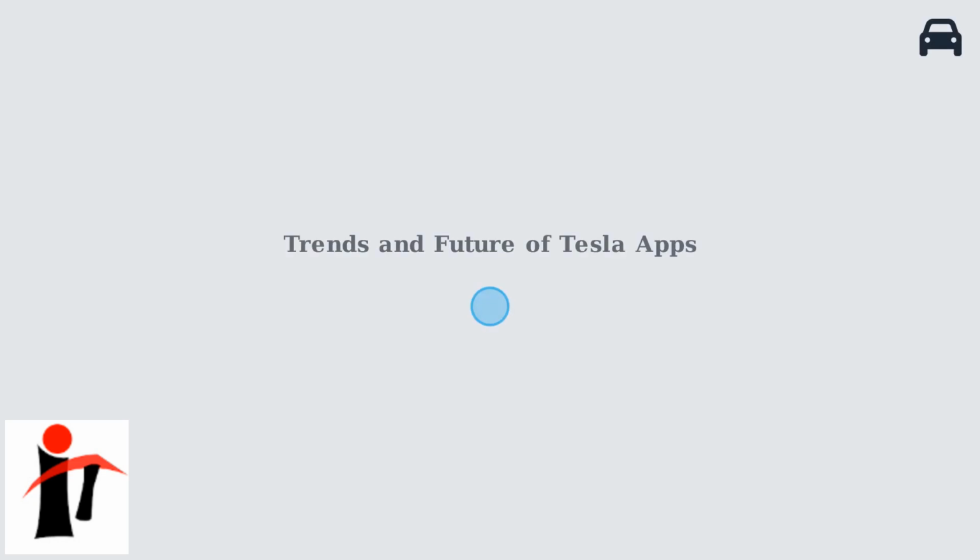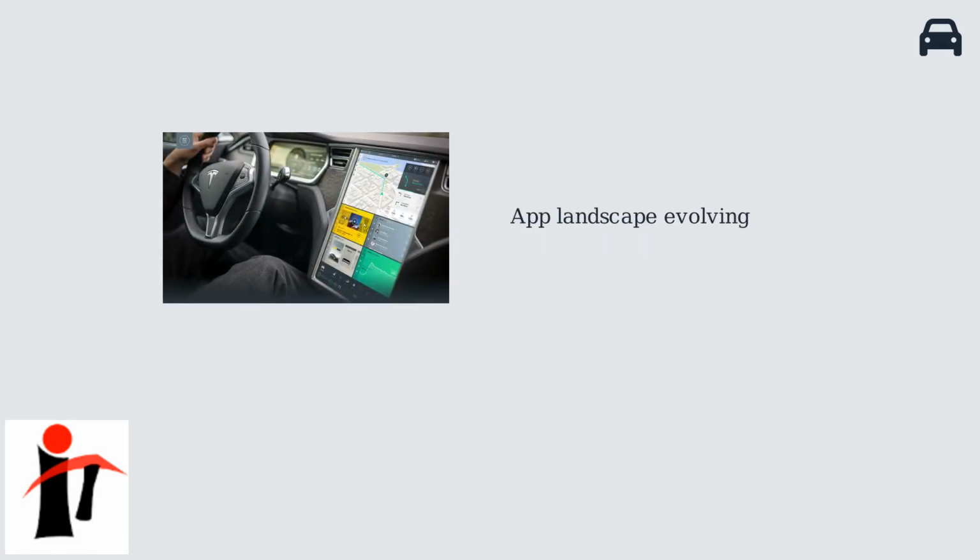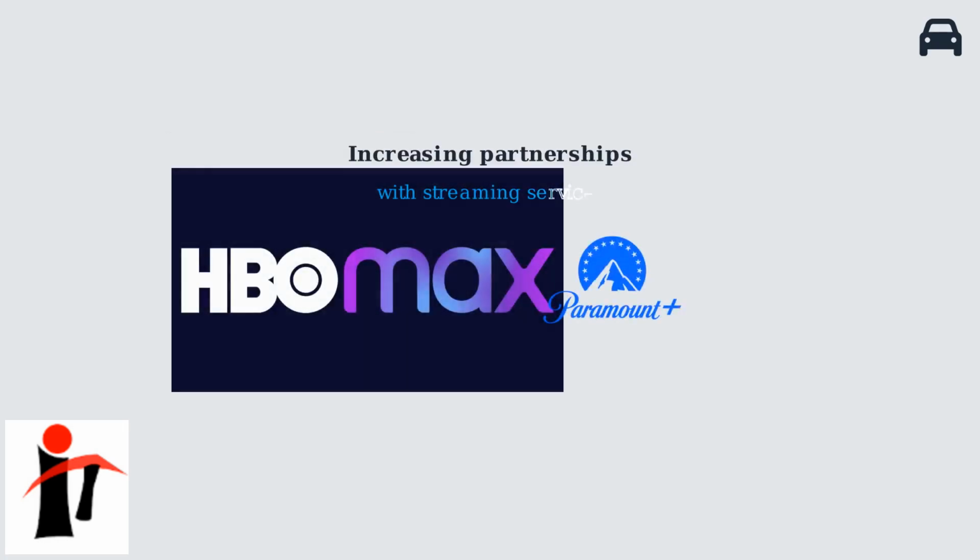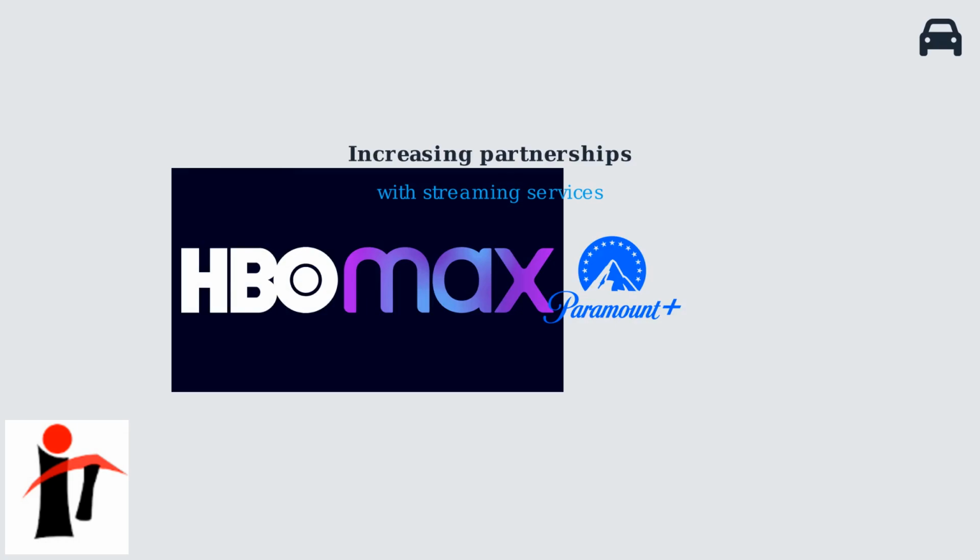The app landscape for Tesla vehicles is evolving rapidly. Tesla is expanding partnerships with major streaming services and integrating advanced technologies to create a richer entertainment experience. The Tesla app ecosystem is becoming more open and integrated, moving beyond basic navigation to comprehensive entertainment options. Tesla is forming partnerships with leading streaming services like HBO Max and Paramount Plus, bringing premium content directly to your